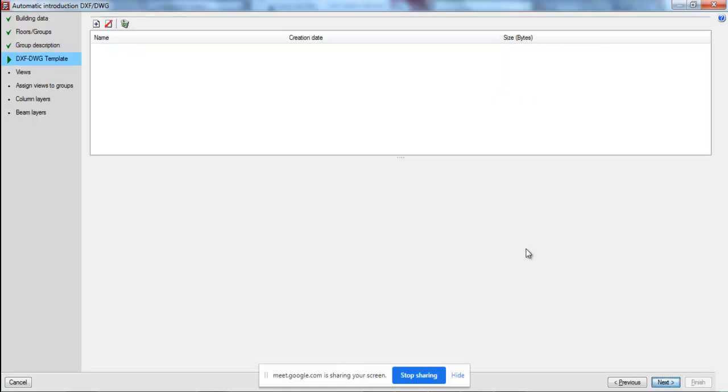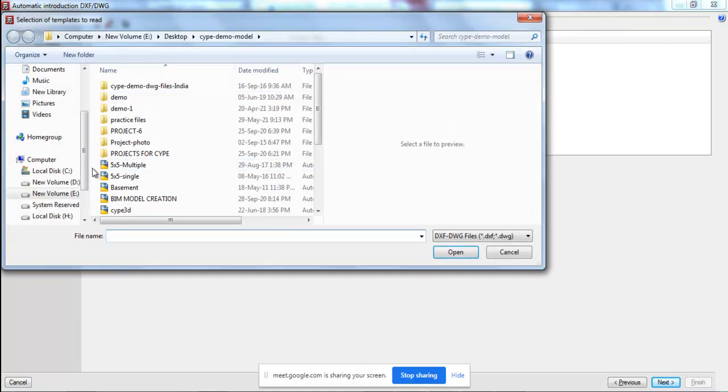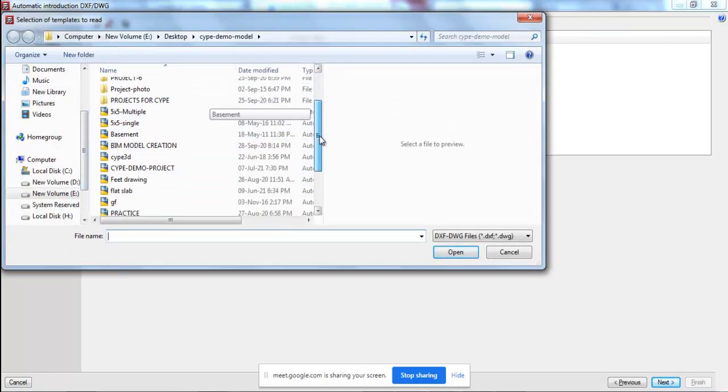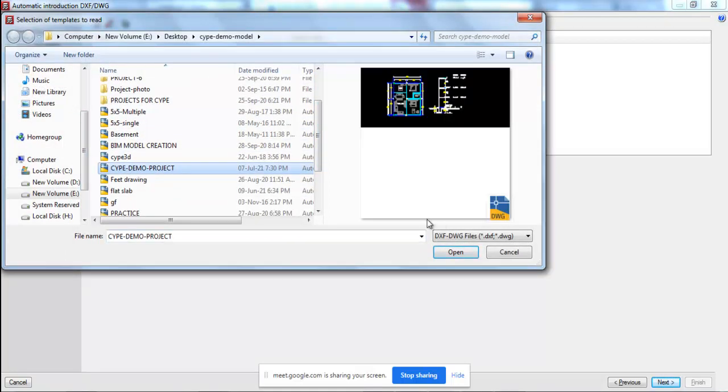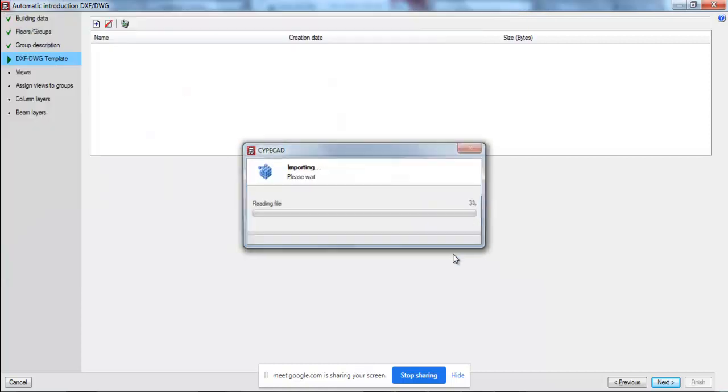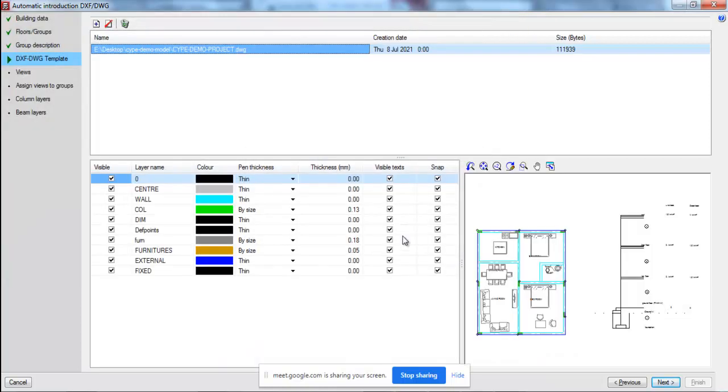Then next, now here software is asking where is the drawing which you are going to import. So I am going to select the drawing here. I am selecting straight away where the drawing I have placed. This is the drawing file which I am going to do the design. I am straight away using all the CAD drawing, including even the cross section also.